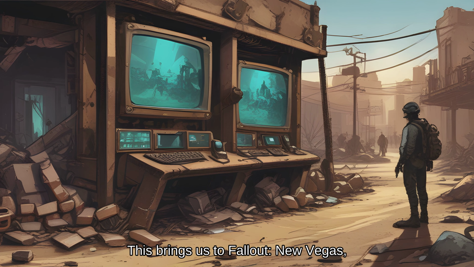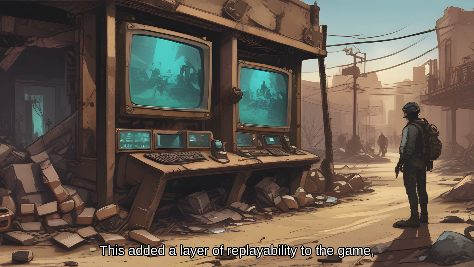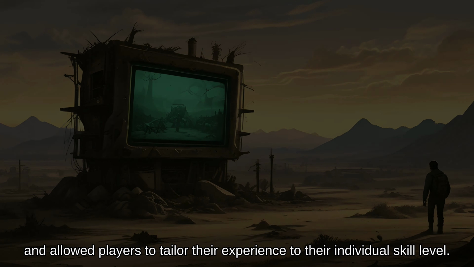This brings us to Fallout New Vegas, released in 2010. Obsidian Entertainment, the game's developer, took a more nuanced approach to difficulty, allowing players to choose their own level of challenge through the use of difficulty adjusting mods and perks. This added a layer of replayability to the game and allowed players to tailor their experience to their individual skill